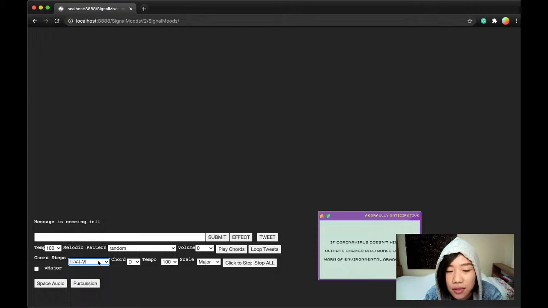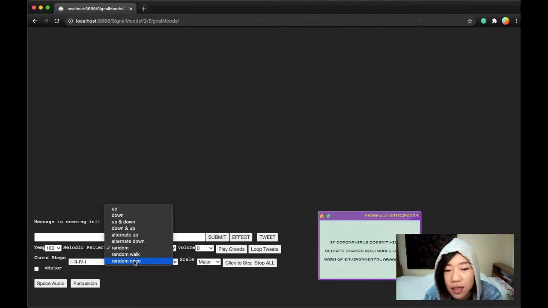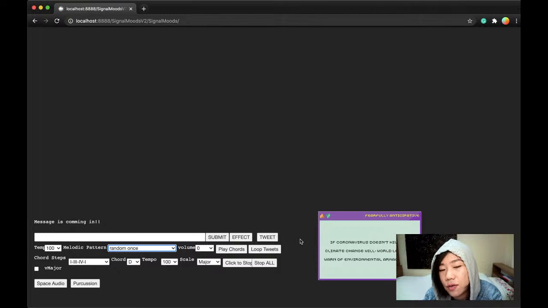So you can change it differently. But the tweets that are coming in are what's generated from the text based on that lexicon that I showed you. If you have used Tone.js before, maybe you're used to this option that they have. It's already built in. Okay, I'm not sure where the tweet is, but it should show up here. Oh, interesting.